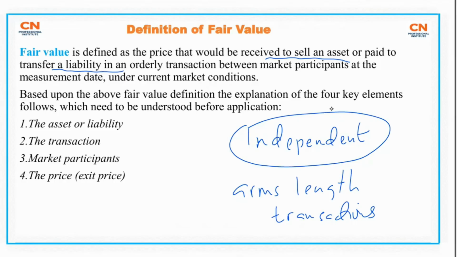Let's say a mining company has an obligation to restore a particular land after mining operations. All right, maybe they are doing mining decommission. They are doing mining, so after mining, they have to restore the site to its original form. Now, let's say it will cost them an amount in the future to do this. What they can do is that they can transfer that liability to somebody else. They can transfer it to maybe a different firm. Let's say a specialized environmental service firm. So they can transfer the liability to that firm so that they do not do what? The restoration or the decommission in the future.